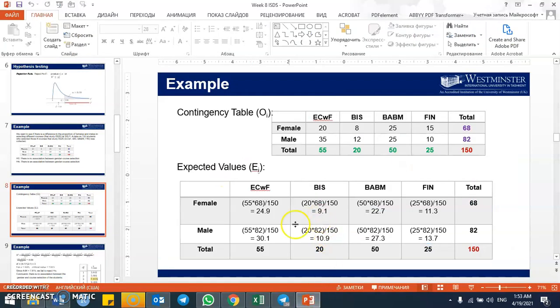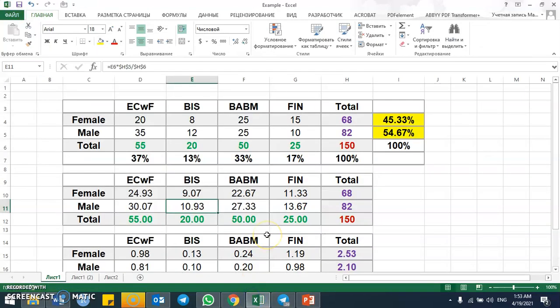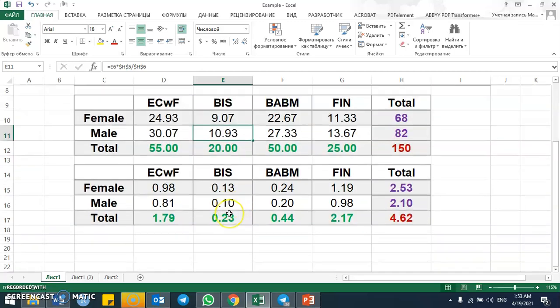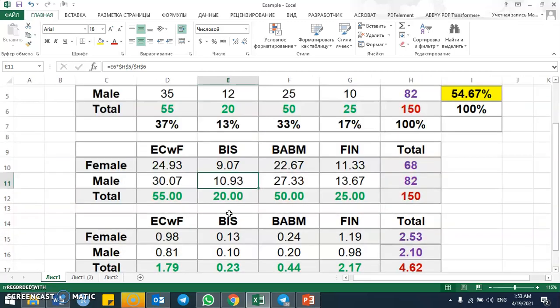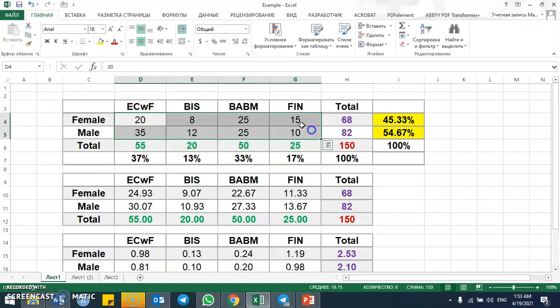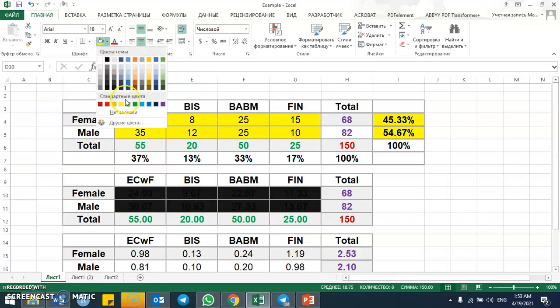Hi, welcome back. Okay, so the chi-square, and we're calculating expected values. Just to briefly explain again, let's say these are the real observations. Let's highlight them with this color for now, and then these are the expected values, or what should